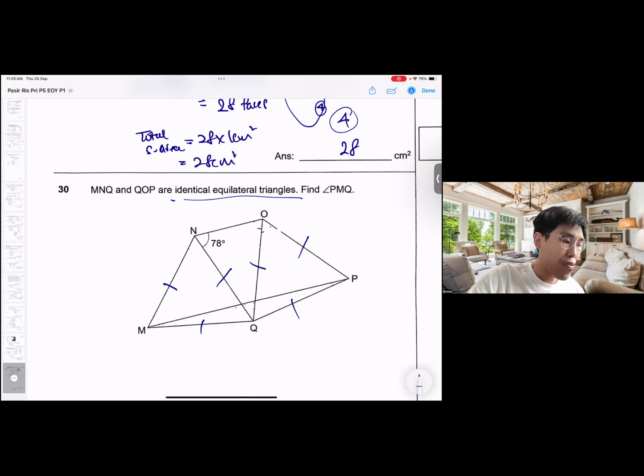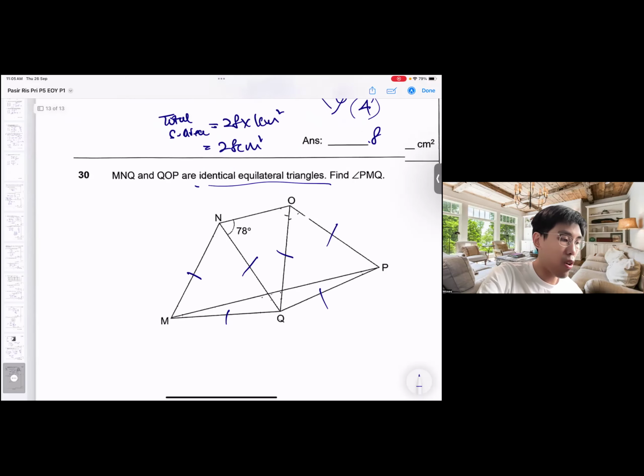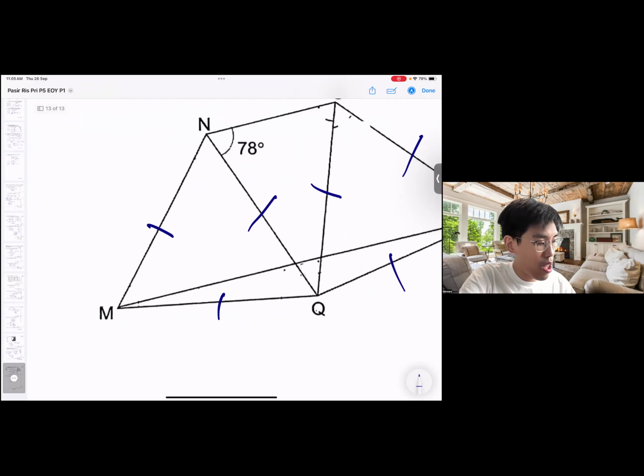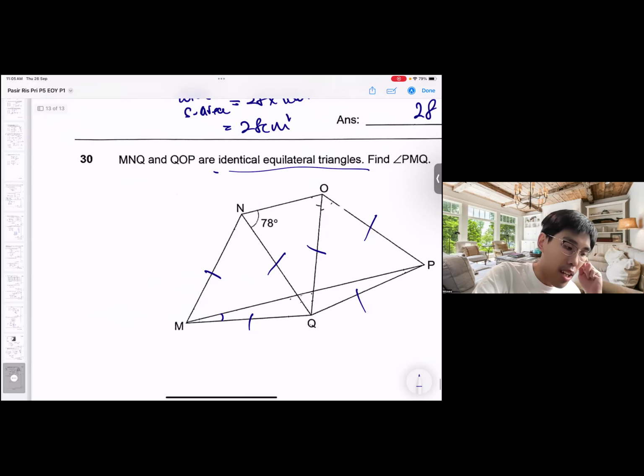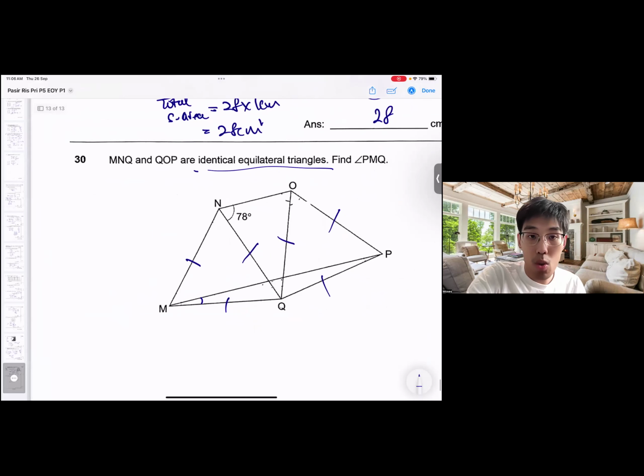Okay, so find PMQ. Let's zoom in onto this angle here. What is this angle? Very interesting. So there's a couple of things we actually need to do. We also have a 78. Okay, but after indicating all the lines to indicate the equilateral triangle, we must also observe something new, which is